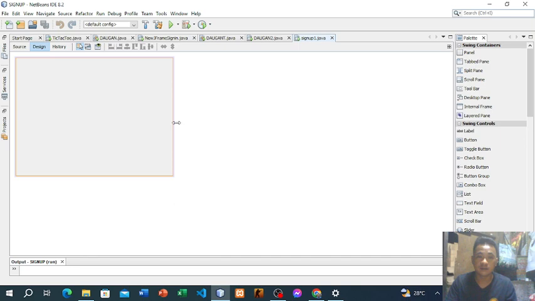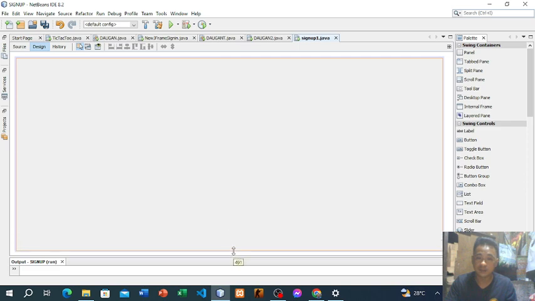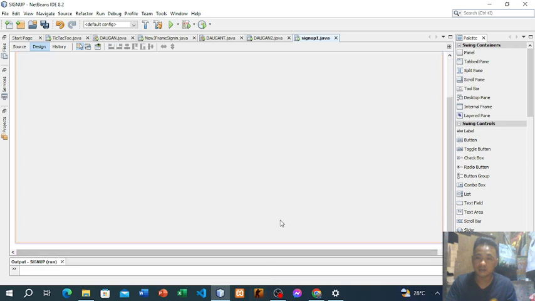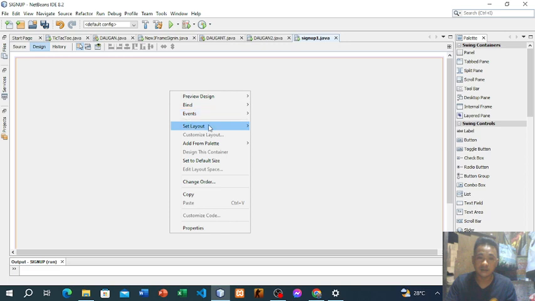Okay, first I'm going to extend this Java frame to the bottom. I think it's good. I'm going to make this layout absolute.